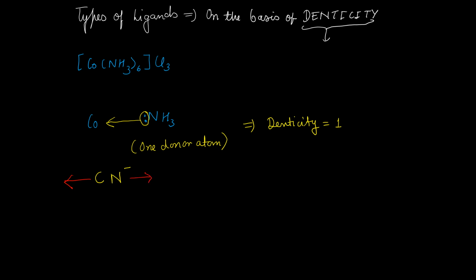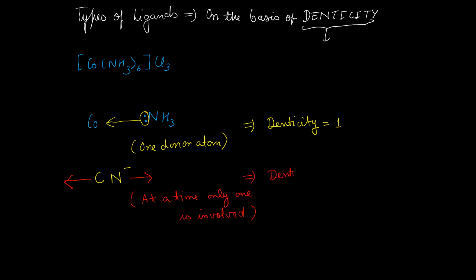So in cyanide, 2 donor atoms are there, but at a time, only one is involved. So although 2 ligating sites are there, but at a time, since one is involved, so it means its denticity